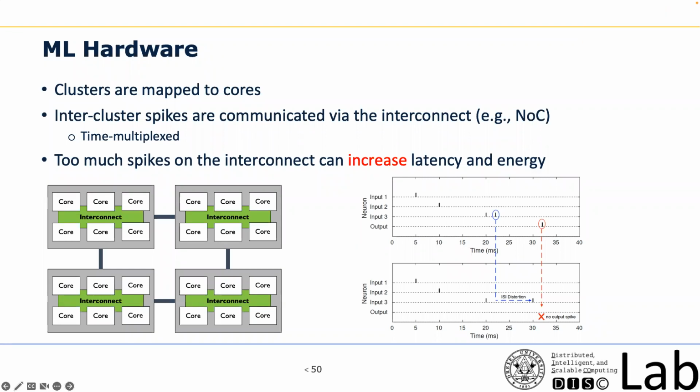So what is happening over here is, observe the first picture. The first picture shows the time where the input spikes are, and it generated an output spike based on that threshold crossing. Okay. In the second picture, what happened is there is an ISI distortion. That means the spike got delayed somehow. It can happen, right? Because you are using a shared interconnect.